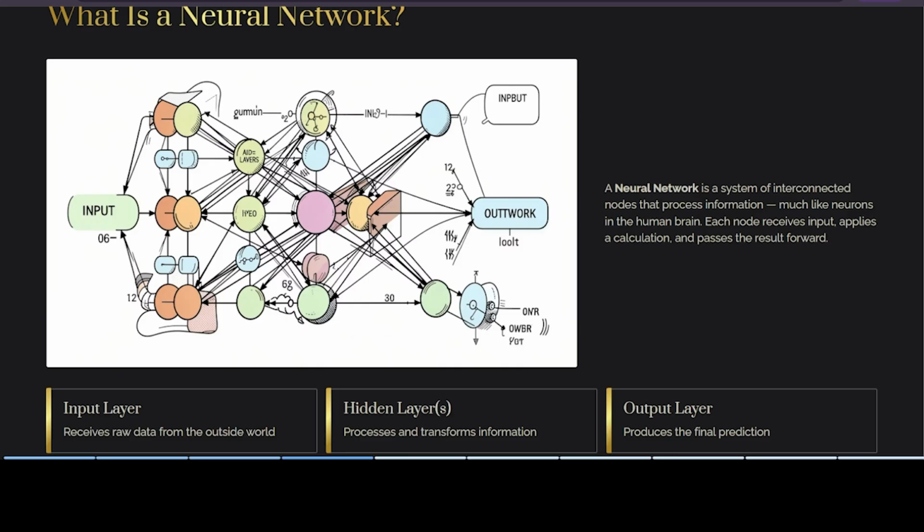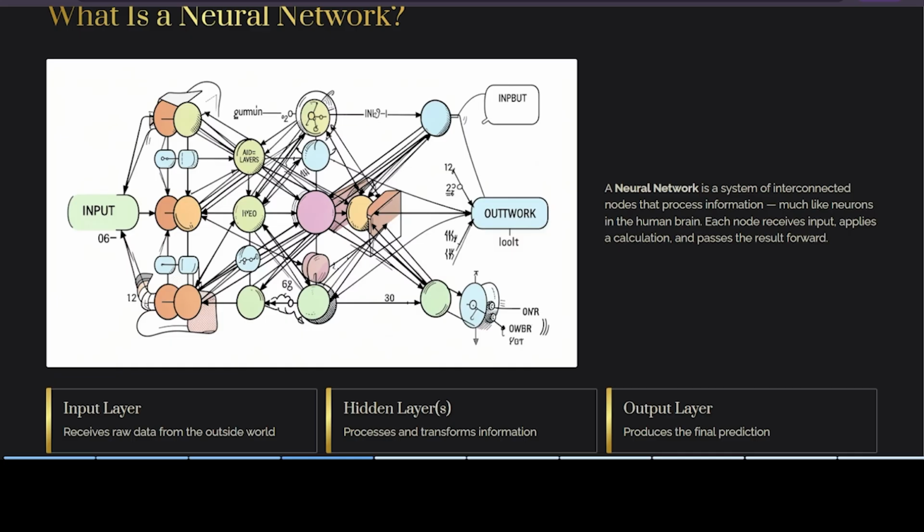Then it passes it forward. The hidden layer is called the engine room, where the computations happen and where the magic happens. It will detect patterns, perform the calculations, and extract the features. The more hidden layers we stack, the deeper the network becomes. So it performs some calculation inside that.